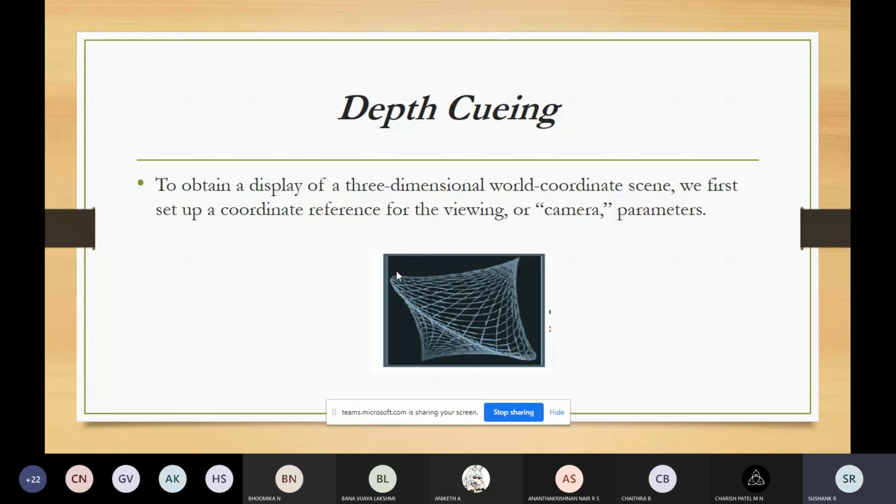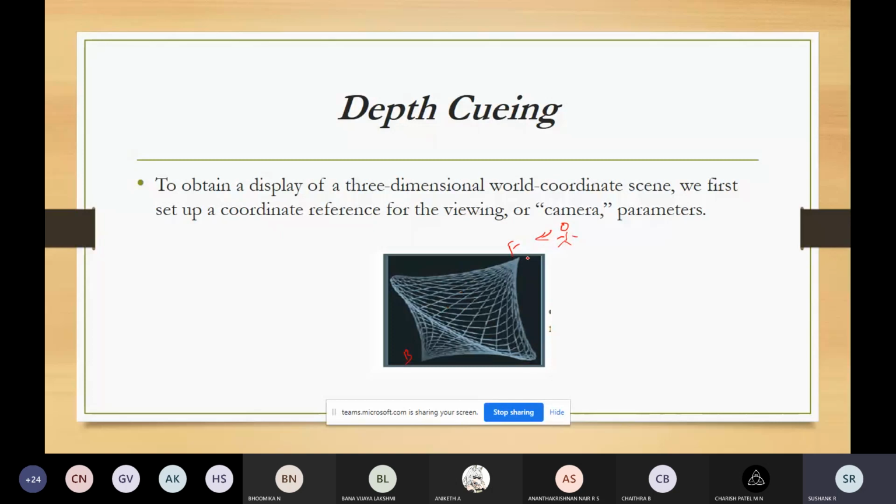So see here, what we are doing means, if I'm viewing from this direction, if this is my viewing direction for this object, I can identify this as the front side of the object, and this will be the back side of my object. So if I'm looking from this angle, how do we include the depth information which will represent this object?